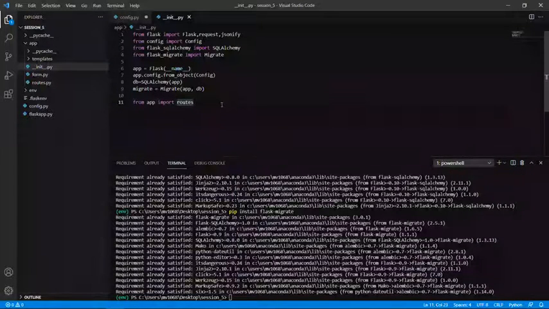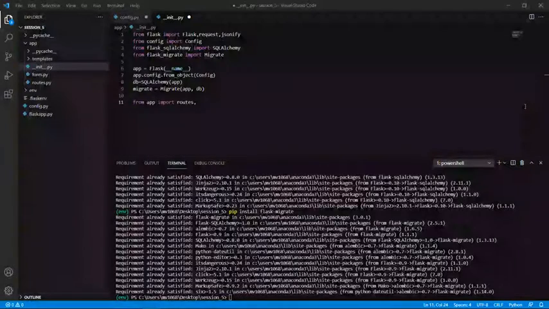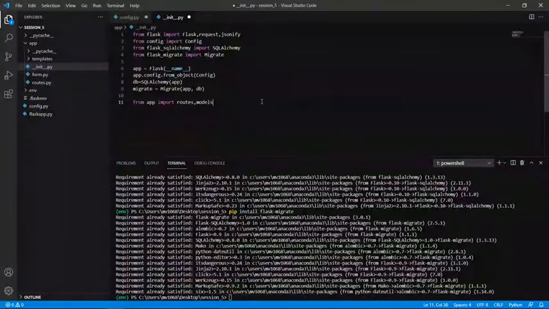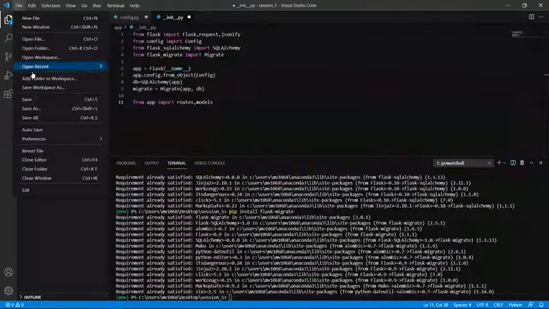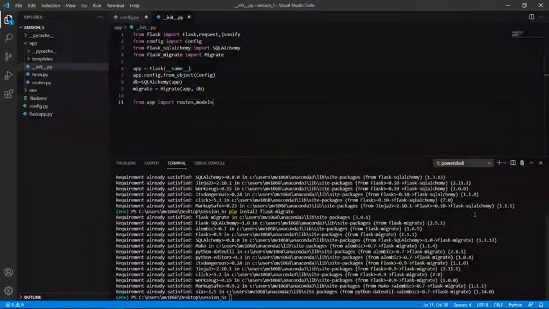So that should be imported into our app along with the routes. Along with the routes, we are going to import the models, the file we are going to create now. Okay, let's save this.